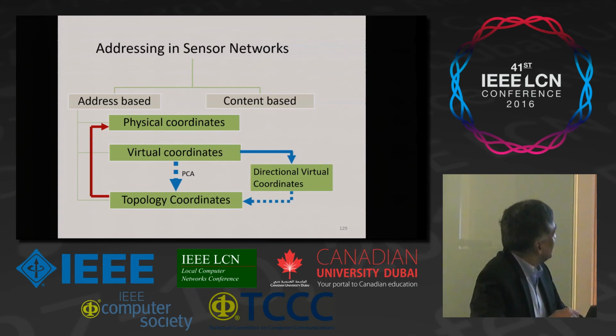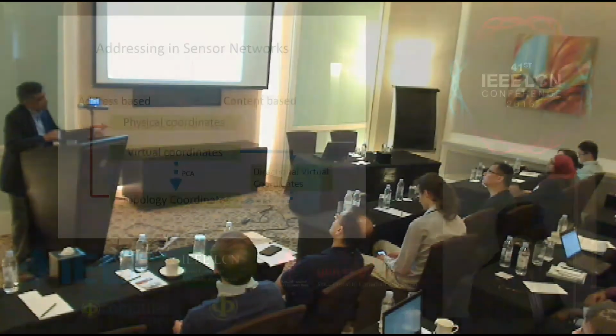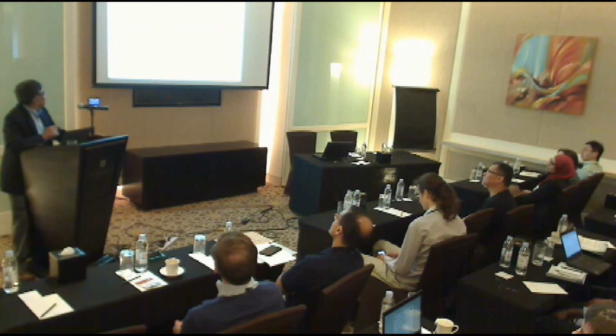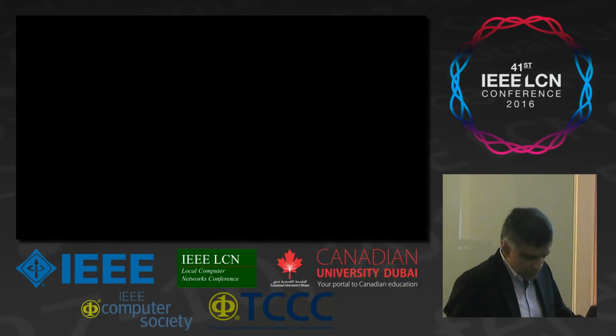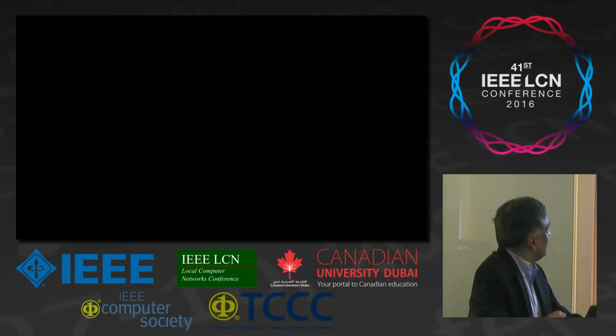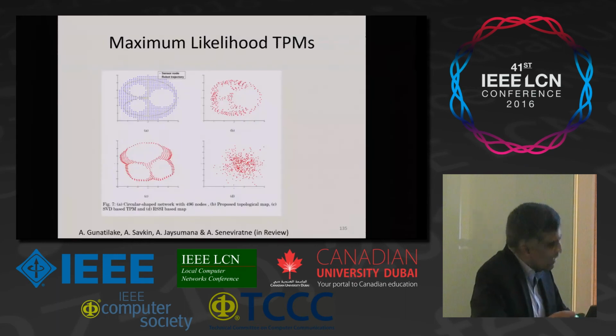This is some of the work that is actually going on at UNSW. We talked about finding the distance using the signal strength. What we did was essentially, if you can communicate, you have a distance of 1. If you cannot communicate, you don't know the distance, right? So what we did was essentially something like this here. Now we can have a whole family of curves between this and come up with different maps. This is what Anura Jayasumana at UNSW is doing.